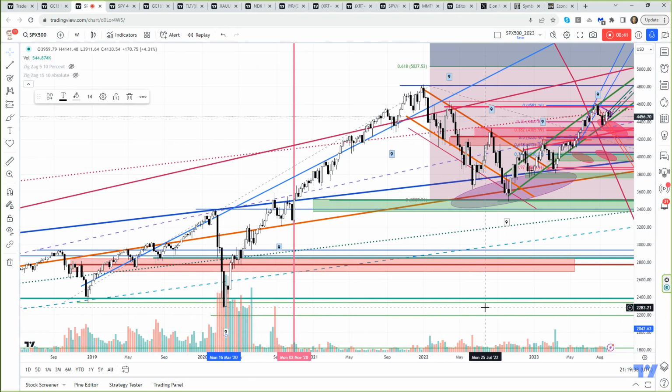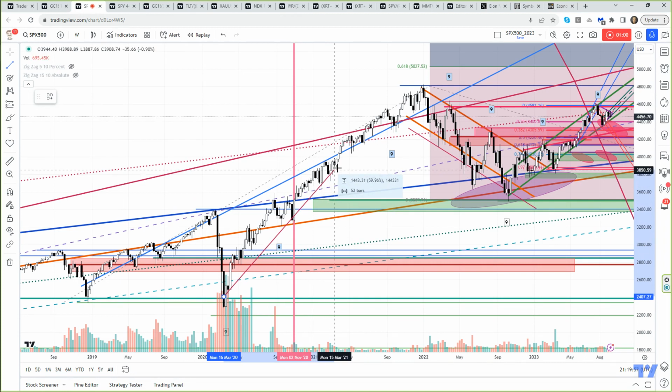And what we're going to do here, folks, is first we're going to look at the channeling. So we can look at this post-COVID channeling, and we can try to take a look at the rejection area. Remember, the rejection areas are so critically important. We come across this rejection area. We're looking for others. We get one or two right here.